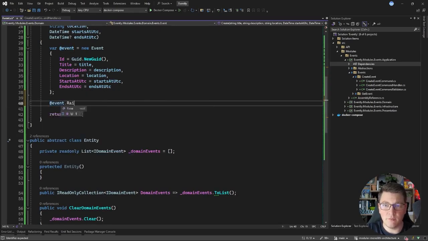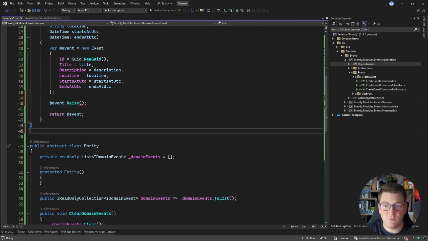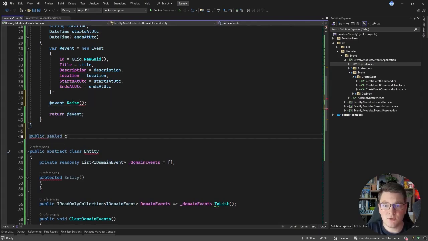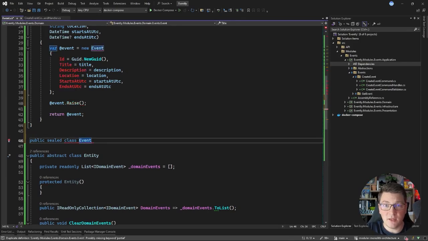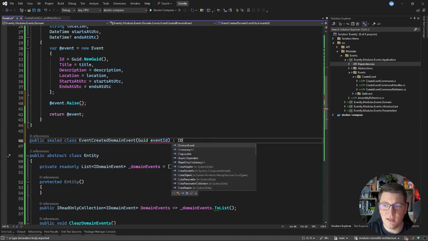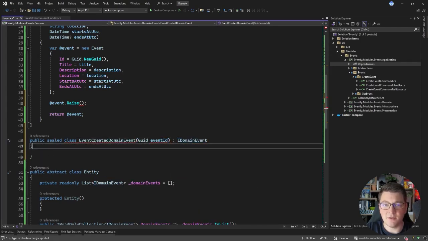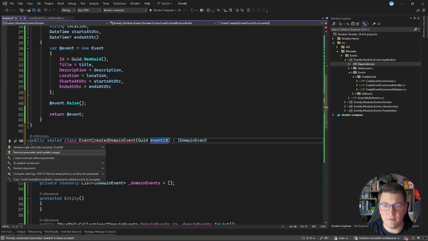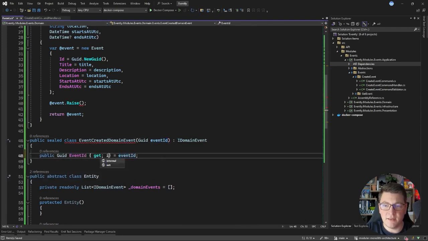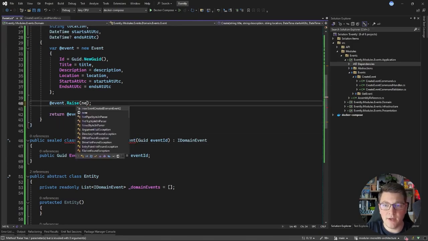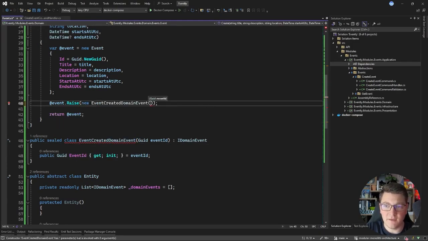And now we are starting to make something interesting. So the next thing we need is a domain event. Let's create a class that's going to represent a domain event when an event was created. And I know this sounds a little bit confusing. So let's call this EventCreatedDomainEvent. It's going to accept the event ID as the argument, and it will implement the IDomainEvent interface. Now, the reason I'm creating a primary constructor is so that I can assign a value to the property and also have a constructor. And now I can go ahead and raise a new EventCreatedDomainEvent and pass